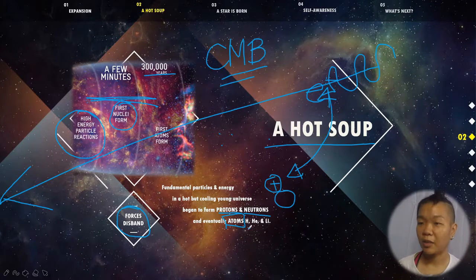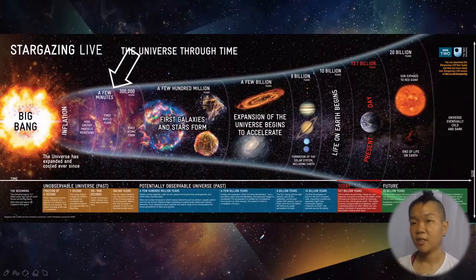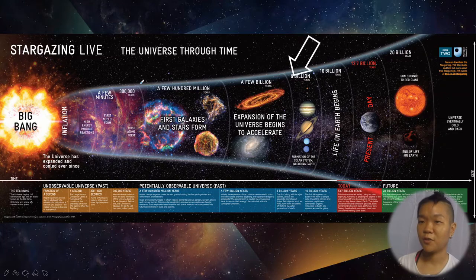So nabuo na yung atoms, and the first atoms that formed are hydrogen and helium. And then there's a little bit of lithium, but it was mostly hydrogen and helium. And hydrogen and helium are gases. Always remember that atoms, since they are matter, a property of matter is it has mass. We're gonna see later. So during this part of the universe, so this stretch in the history of the universe,